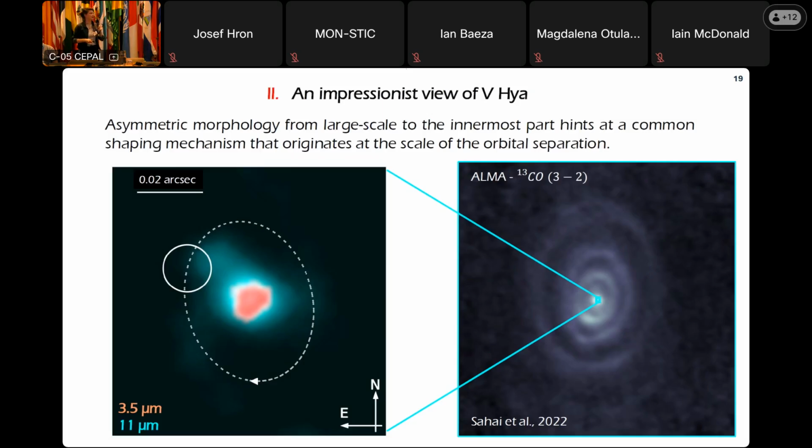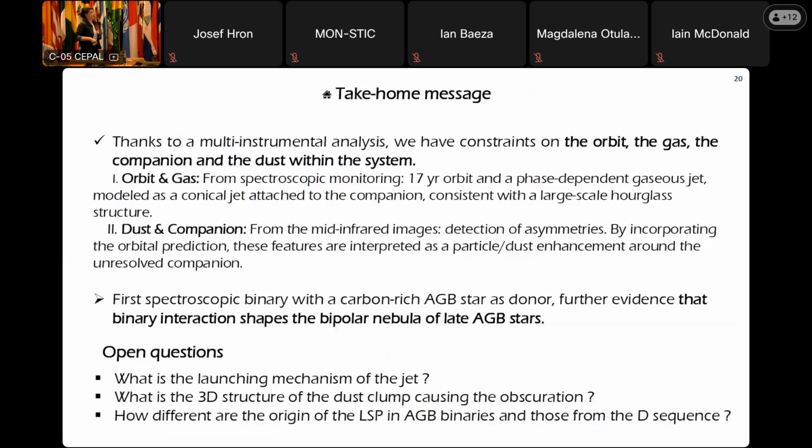So here you have the image with ALMA, and here I will leave an open question. You have concentric rings in the system that are spaced by several arcseconds. That would correspond to an expansion velocity of hundreds of years apart. And these rings cannot be explained by the orbital separation, because we have a circular orbit and a 17-year orbit. So those rings are still unexplained. They cannot be linked to the thermal pulse. They cannot be linked to the orbital motion. So that is an open question on the morphology of the system. Here I will leave the take-home message and take questions.